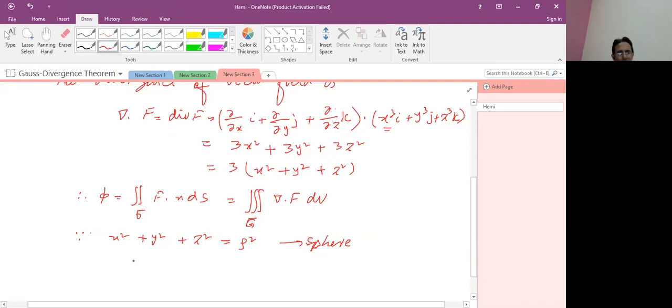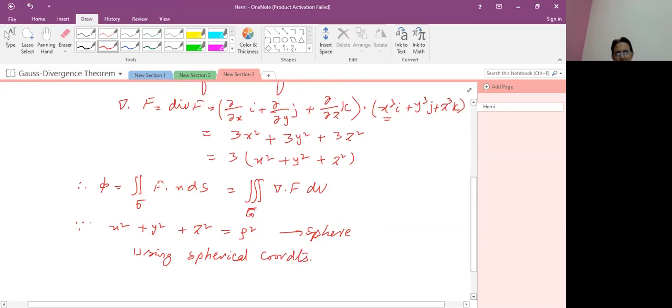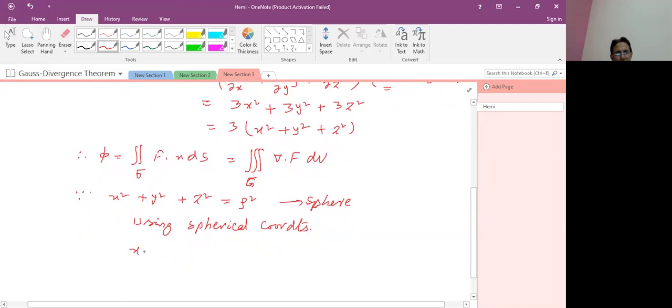So using spherical coordinates, x is equal to a